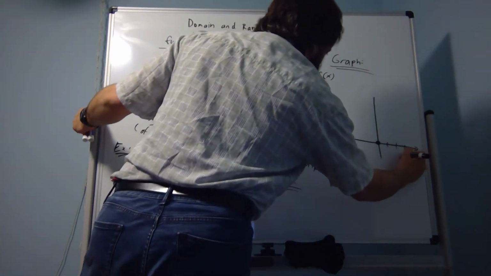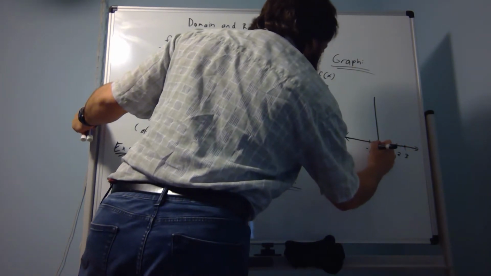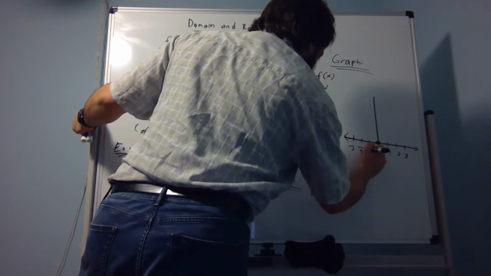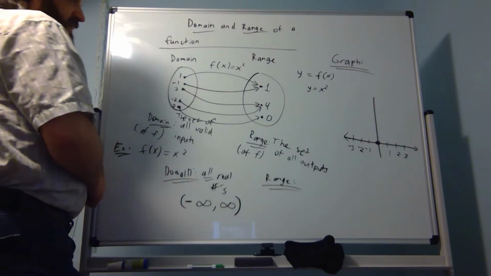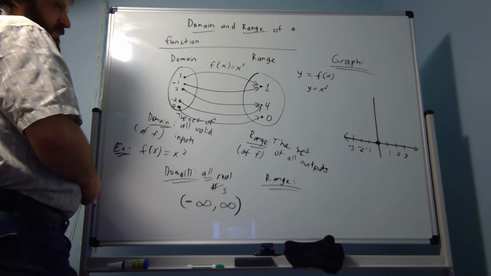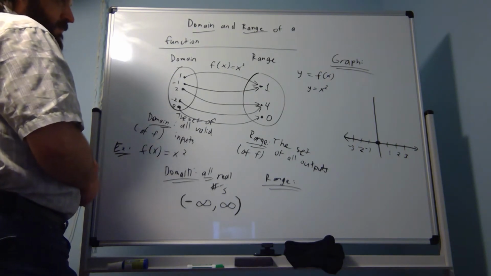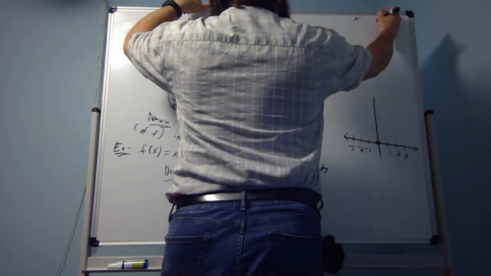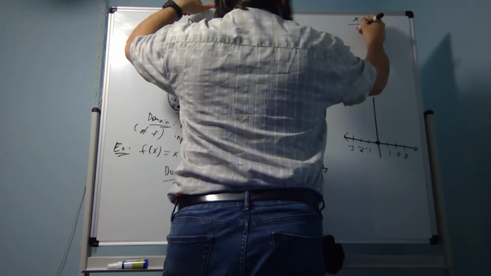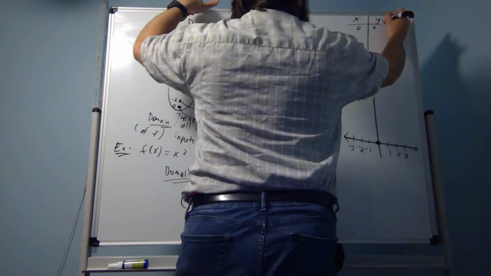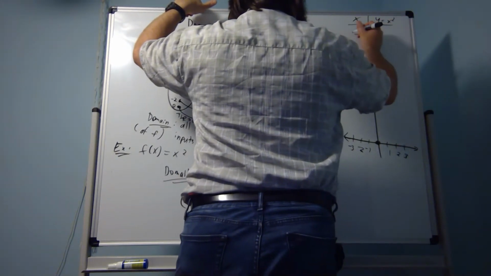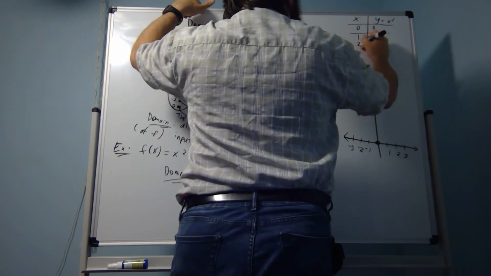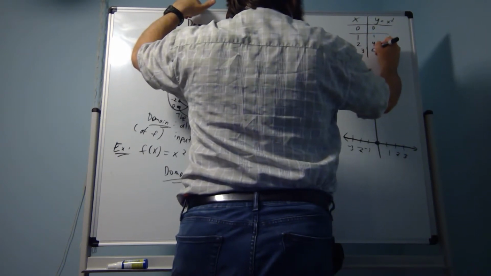1, 2, 3, -1, -2, -3. For y equals x squared, this one is very famous. Let's just do a table here. x, y, we do 0. 0 times 0 is 0. 1 times 1 is 1, 2 times 2 is 4, 3 times 3 is 9,